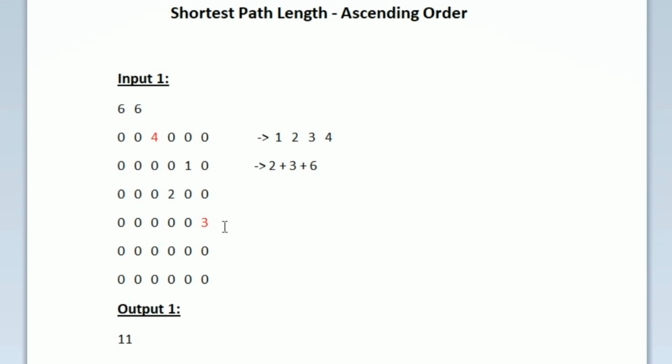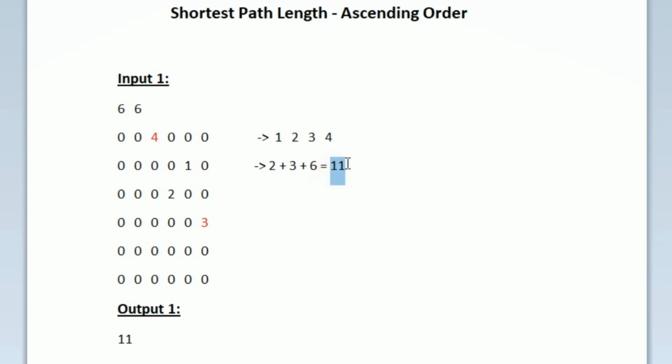So now we have calculated the distance between every 2 points. We have calculated between 1, 2, 2, 3 and 3, 4. So the values were 2, 3 and 6. Now we have to add all of these distances. So 2 plus 3 plus 6 will be equal to 11. So that is the total distance.